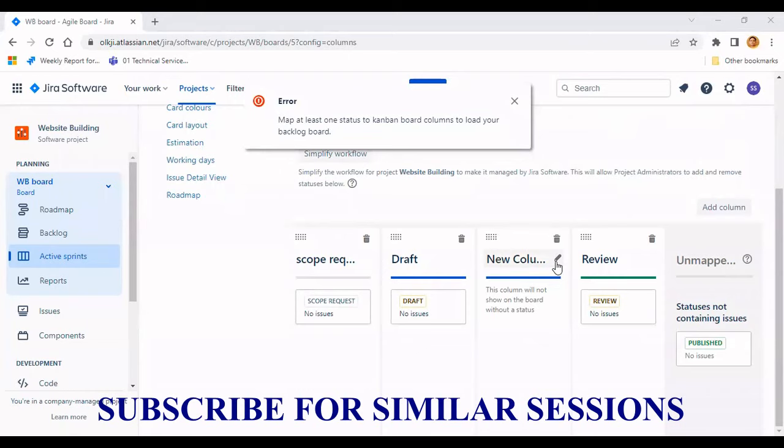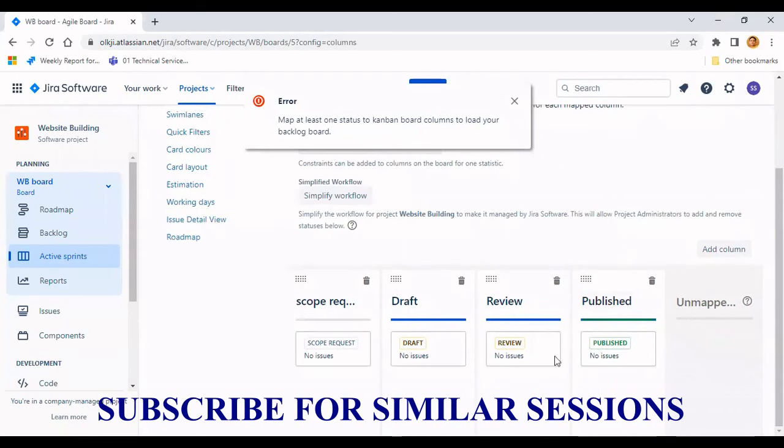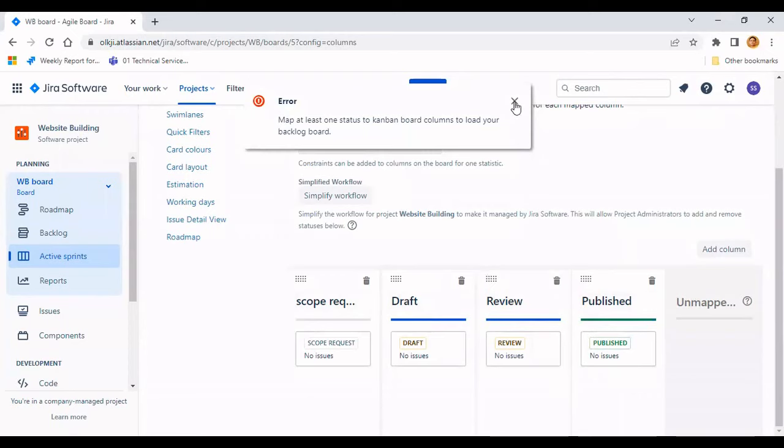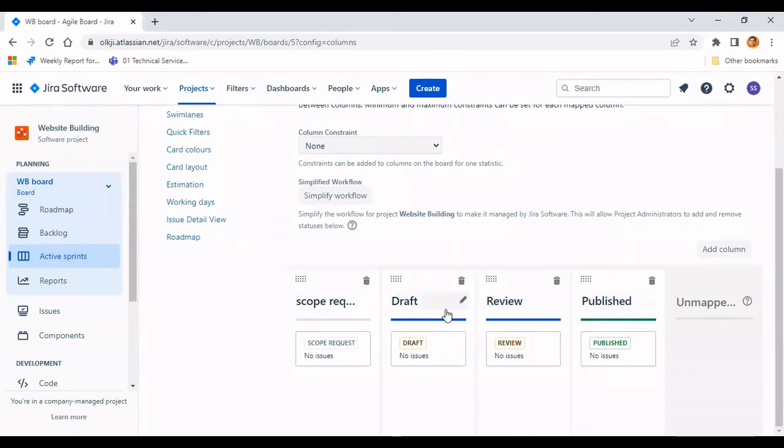Again click over here, put publish, and you can move this over here because publish is that fourth state, right? So now we have mapped our workflow with the columns. I hope this is clear. Just go back and follow the steps if you have missed anything.